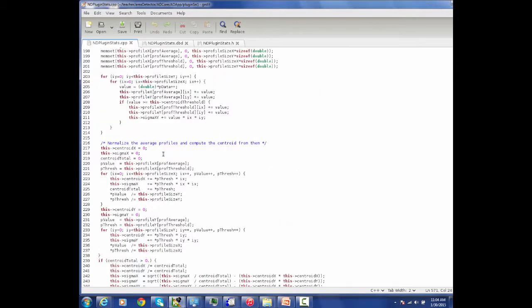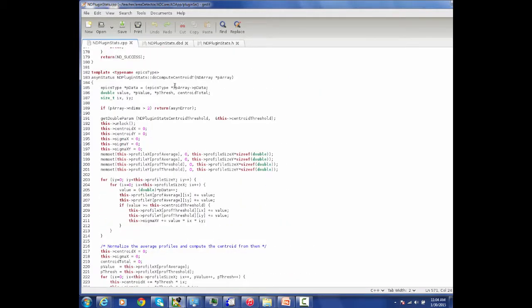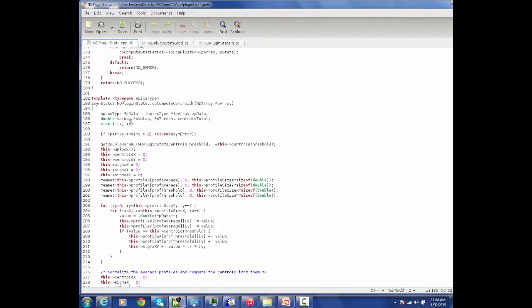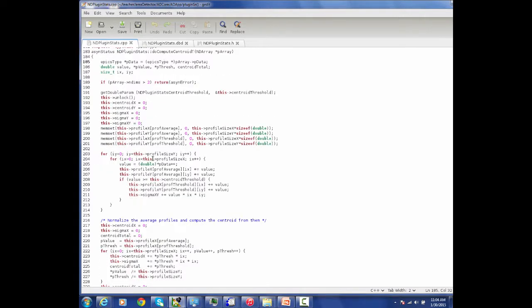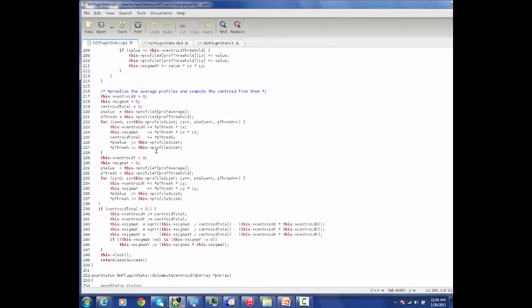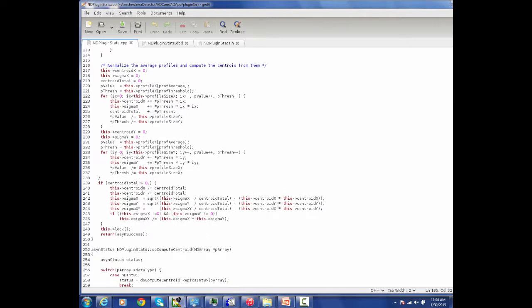So the guts of the calculation is here. This is do compute centroid with a type, so the data is cast to whatever that epoch's type is. And so it's basically doing the centroid calculation here. And the centroid has a threshold, so you're only counting things that are above that. And it actually does it in